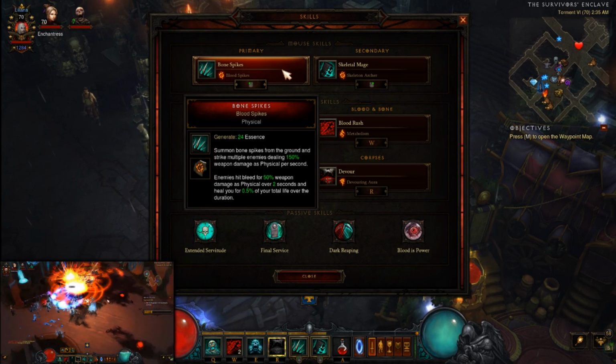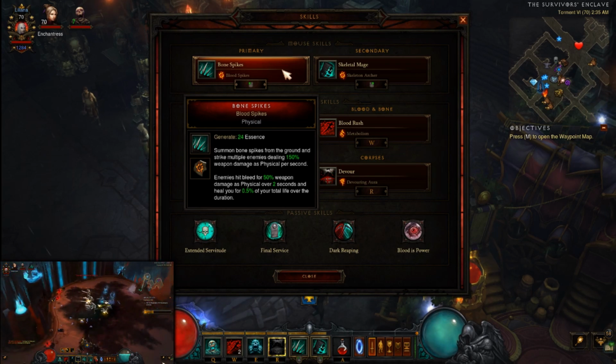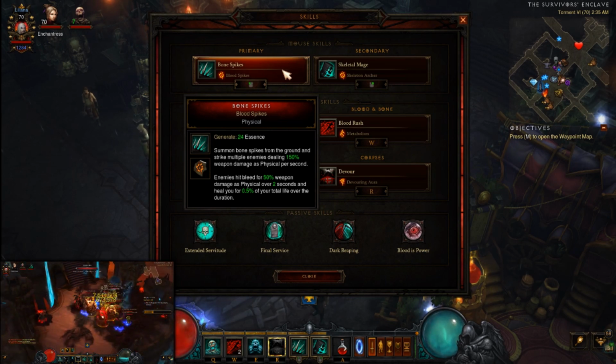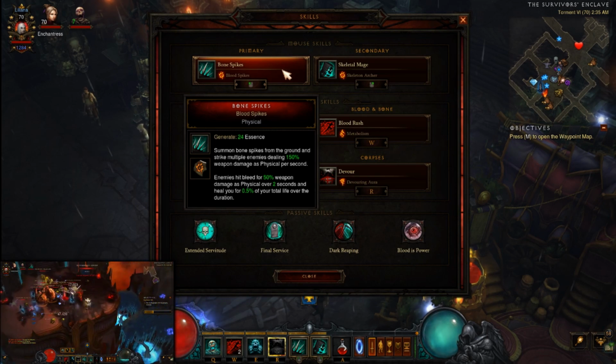Now at some point in time, once you have some better gear, eventually you may not need a generator anymore. If you're killing quick enough, Devouring Aura and Dark Reaping should be able to just take care of your essence costs by themselves, but at the beginning you're going to want to have a generator, and I like Bone Spikes